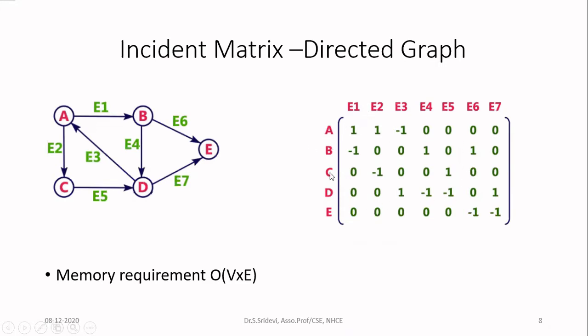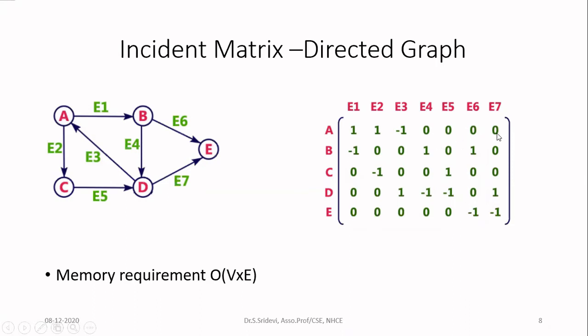Then we will fill the cells now. Let us consider first A. A is having totally 3 edges connected to that. If you consider the edges E1 and E2, they are outgoing edges. For outgoing edges, you have to write +1. So I'm starting with the row for A. In column E1 and E2, I am writing 1 because those two are outgoing edges. Then E3 is the incoming edge, which is connected to A. So under E3, I am writing -1. Then other edges are not at all incident on A. What is the meaning of incident on? Means it is connected to that particular vertex. Other edges are not incident on A. So for E4, E5, E6 and E7, I am writing 0.